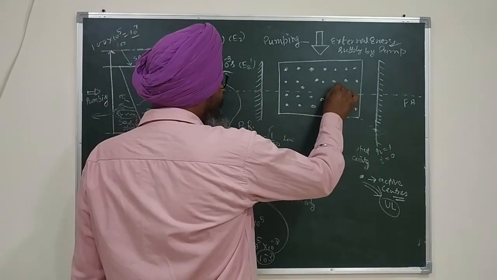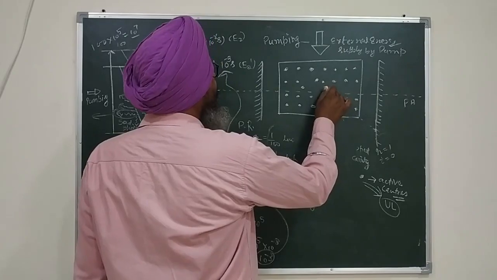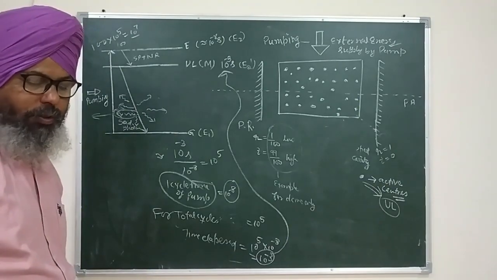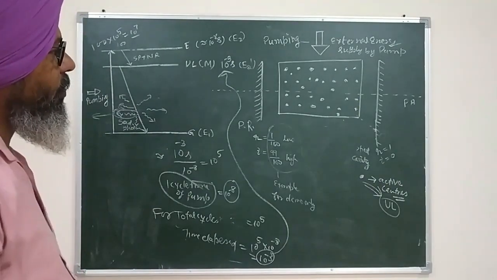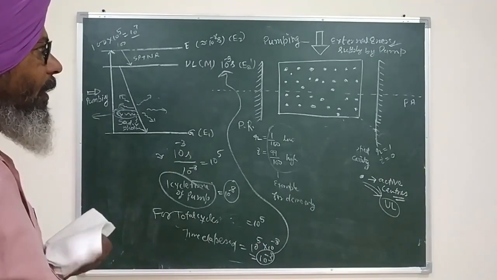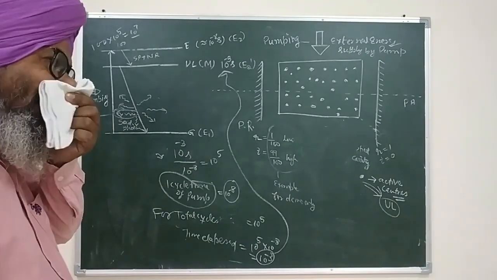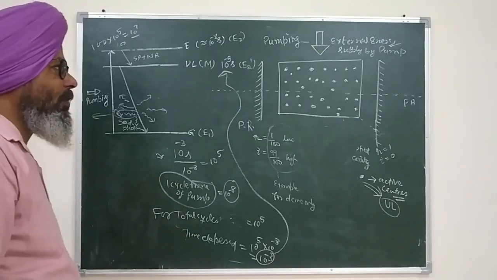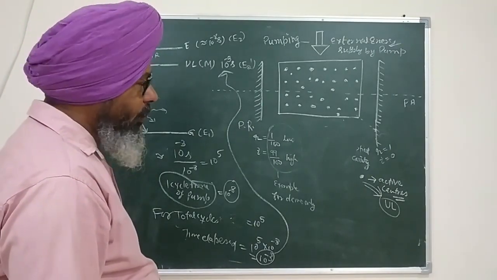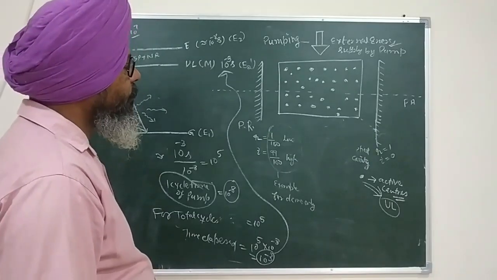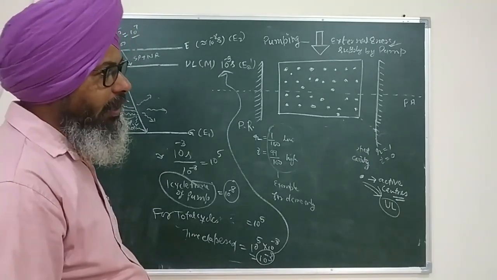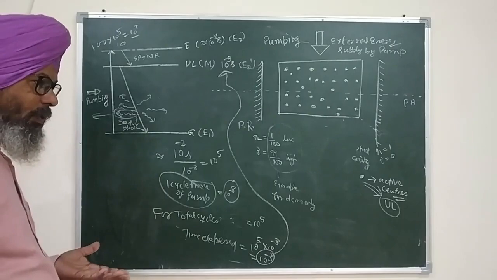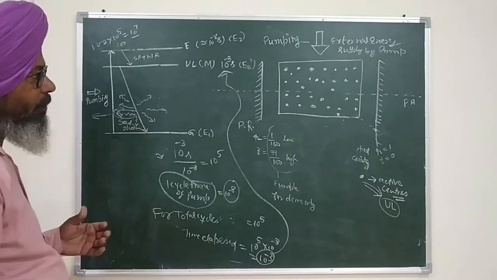But kindly remember that do not put the dots exactly at the same places from where these dots disappear, because it is not necessary that the active center which is just wasted will become an active center by the pump. It may be some other atom which becomes an active center, and therefore the active centers are continuously changing, or you can say recycling is taking place of active centers at a given instant of time. Certain atoms of the same type, kindly remember this, all atoms are of the same type.